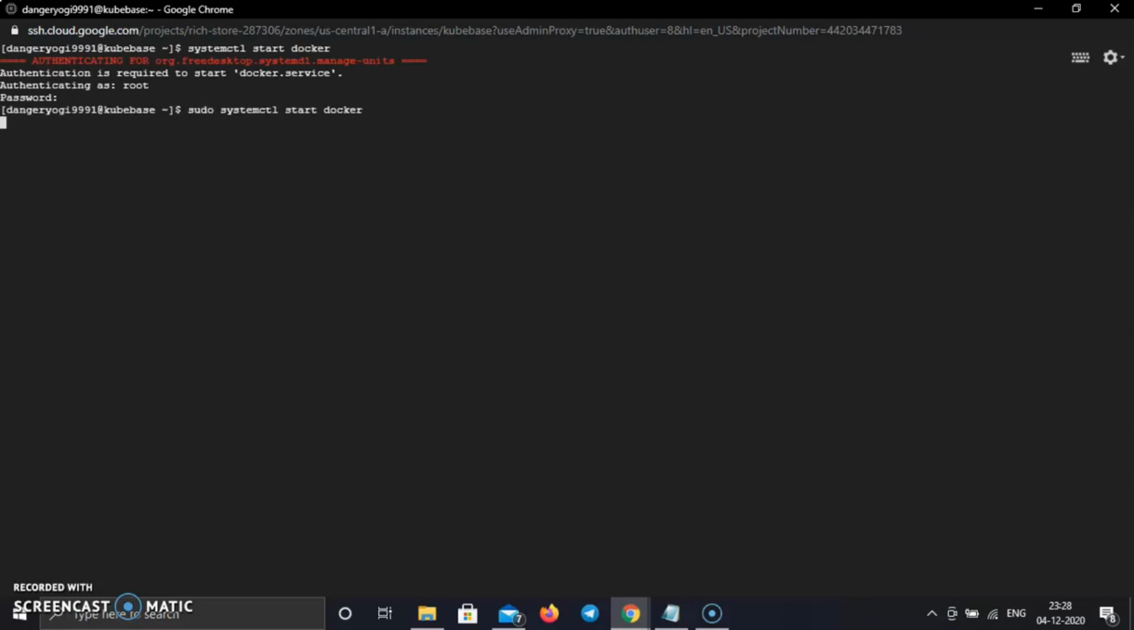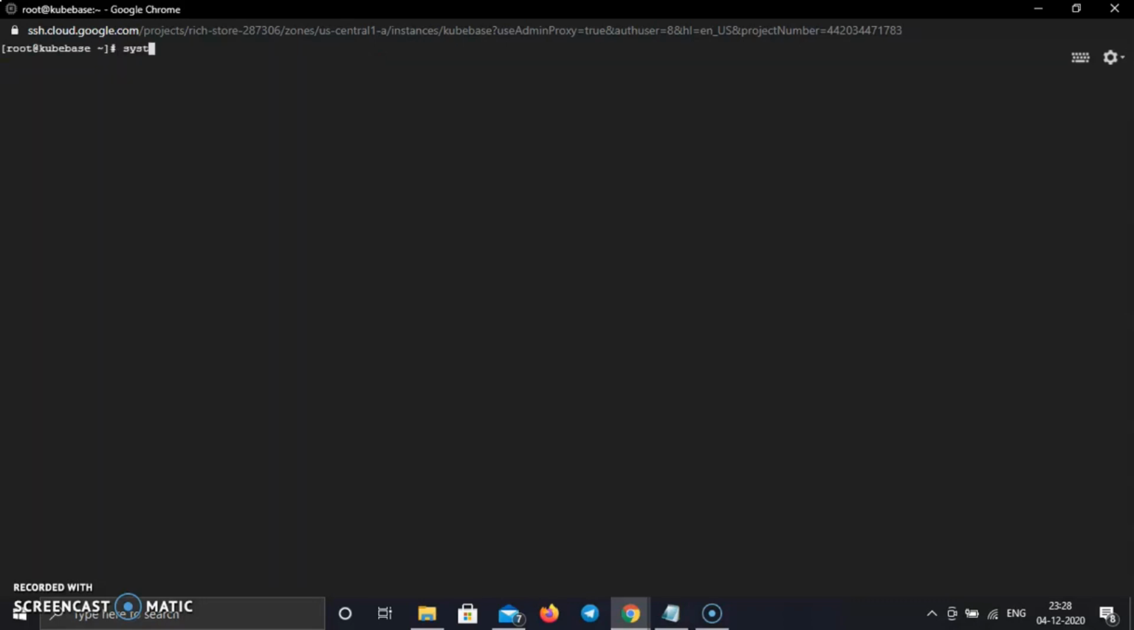Okay, and now check the status of Docker services. You can also go to the root user, sudo su root. Okay, and now we can also check the status of Docker services. systemctl status docker. Okay,